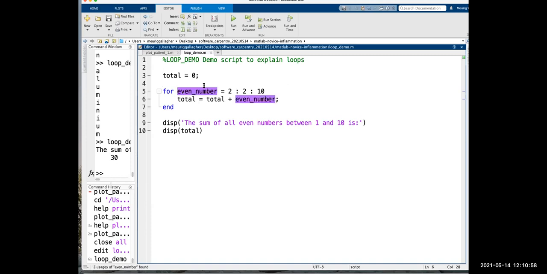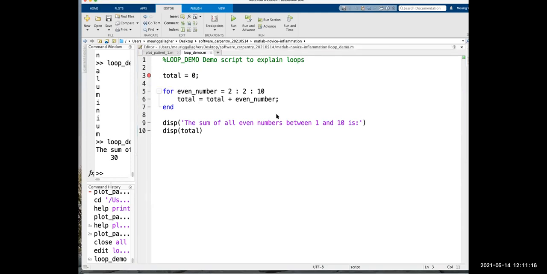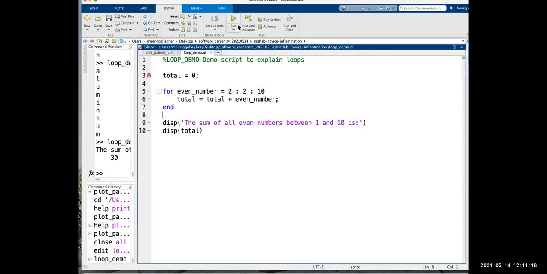So the way the MATLAB debugger works is we create a debug point. So you'll see in your editor, there are these little lines. If we click one of these little lines, we get a red dot. So this red dot basically says to MATLAB, when we reach this line, pause, we're going to stop, and we're going to have a think, and we're going to go through line by line. So we can run this script either by typing in loop demo to the command window or by pressing run up here.